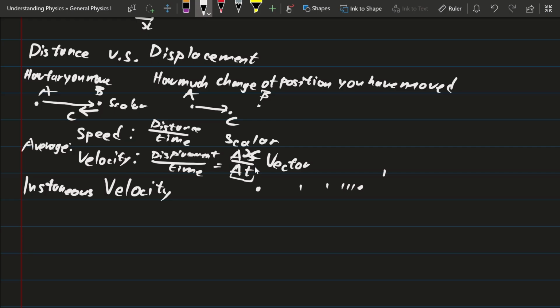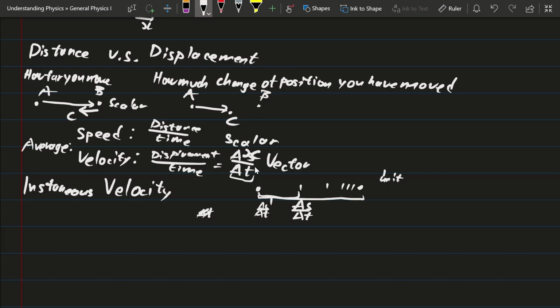So each line tells you about a certain unit of time, let's say. Within this certain unit of time, let's say from here to here, you would have moved delta s in delta t. But then, if you start to shorten the time, your delta s will be smaller, but then your delta t would also be smaller. And if you do this until delta t is very small,